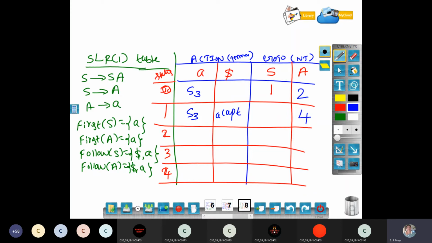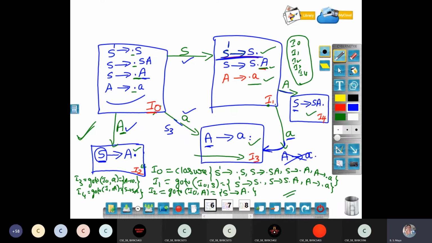Now move on to state number 2. We have to fill state number 2. Visit your diagram. State number 2 asks: do I have any outgoing edge? There is no outgoing edge. Now I have to check for a reduction. For that, yes, there is a dot at the end of the production. So I can write a reduction, written as R. Two questions arise: where to write and which number to write.